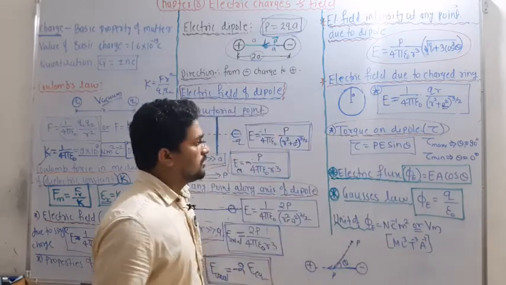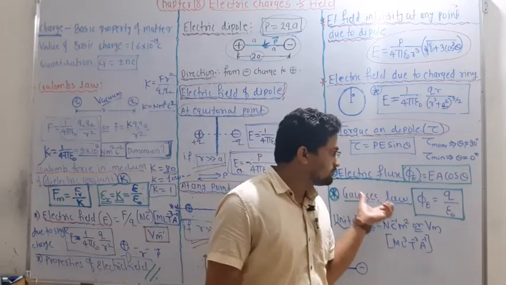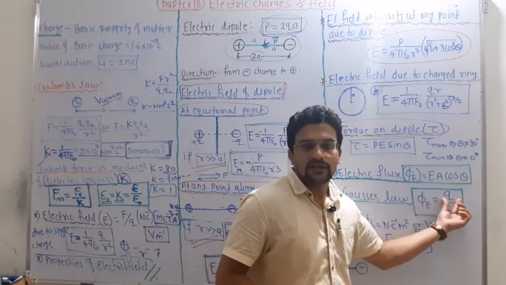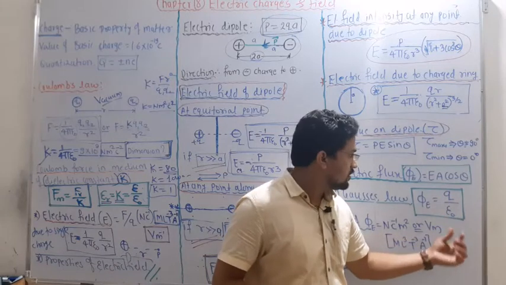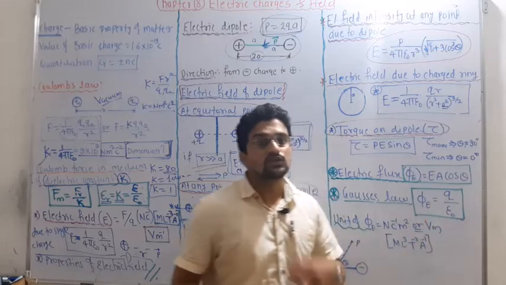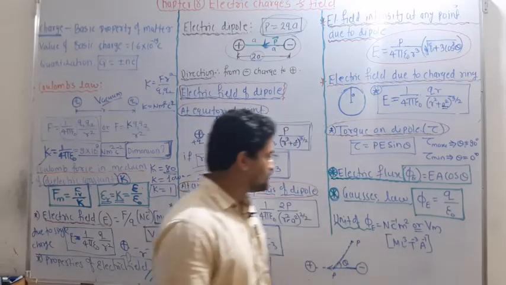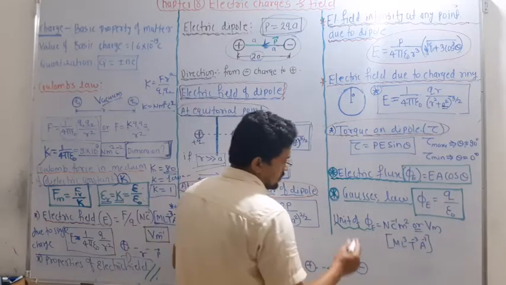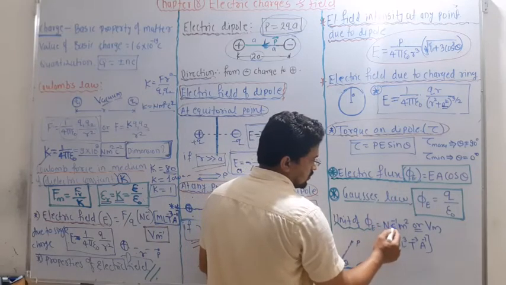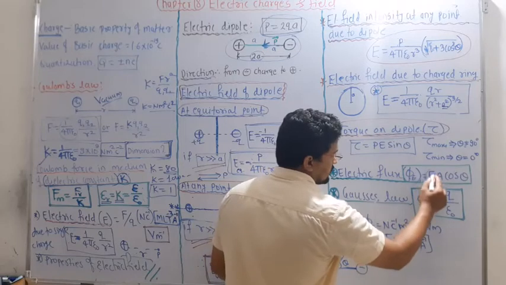Okay, then the important one, Gauss's law. For any closed surface, the electric flux is given by the charge enclosed divided by epsilon naught. And you know the value of epsilon naught, that is 8.85 times 10 to the power of minus 12. Next we have the unit of electric flux. Electric flux has a unit Newton per coulomb meter square, because electric field is given by Newton per coulomb and area is given by meter square.